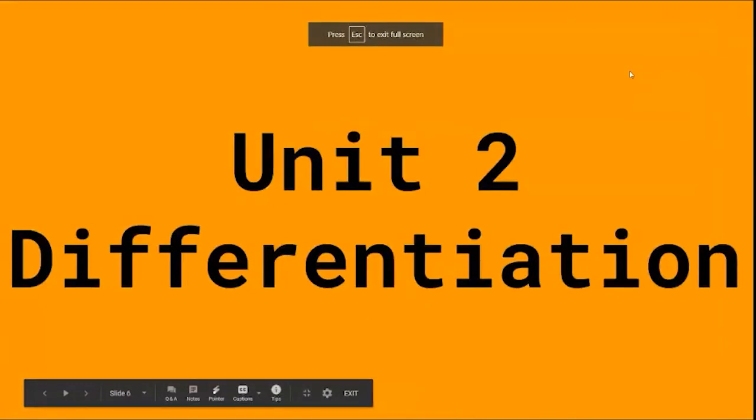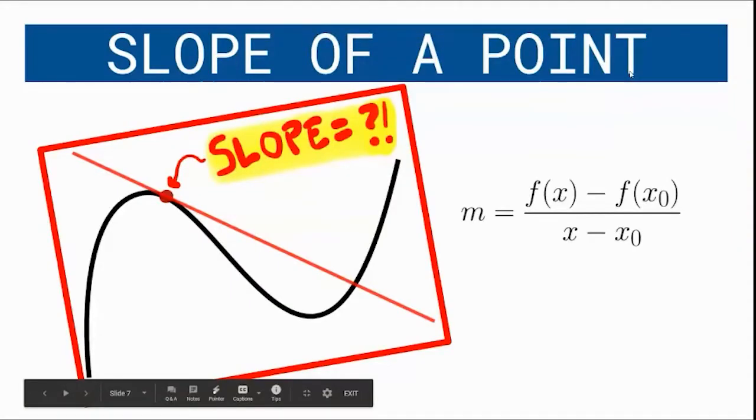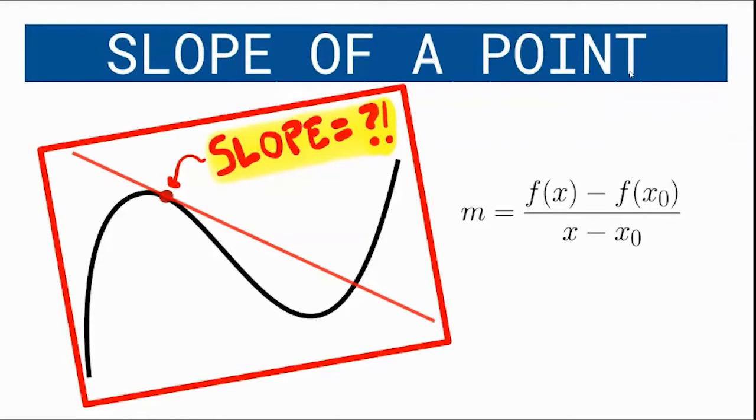All right, so Unit 2, differentiation. Again, wrap your mind around this. This is the main focus of the entire unit: the slope of a point. All you care about is the slope of a point, instantaneous rate of change, slope of a tangent line. There are so many names you can have for derivative, but this is what a derivative is, the slope of